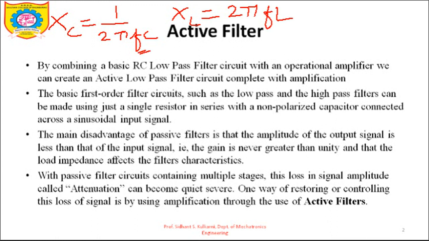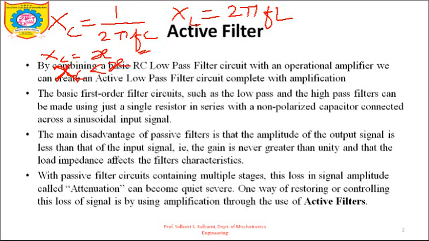F indicates the frequency. Now try and understand. If I use a capacitance in series or parallel, it depends on what frequency I am designing a filter for. Let's say I am designing a filter for 50 hertz. So Xc will have a certain value. Let's assume that value is x. Now if I design a filter at a particular frequency of 100 hertz, definitely as the denominator is increasing, Xc will be less than small x.